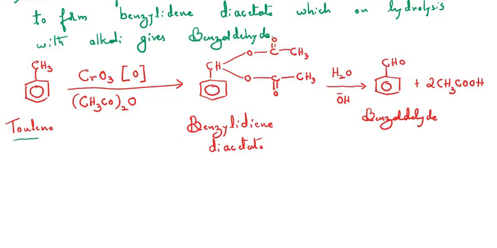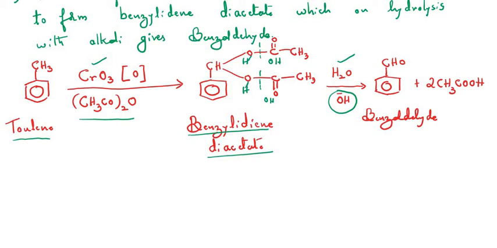Here toluene is subjected to oxidation using chromium trioxide in acetic anhydride, and we will have an intermediate called benzylidene diacetate, which is highly unstable. This intermediate in the presence of basic medium and water undergoes hydrolysis in such a manner that this bond will be broken here and here. So we are adding a hydrogen to this and a hydrogen to this, and here we have OH, and here also water's OH, right? And therefore on hydrolysis this bond will be formed between this OH and OH, and we